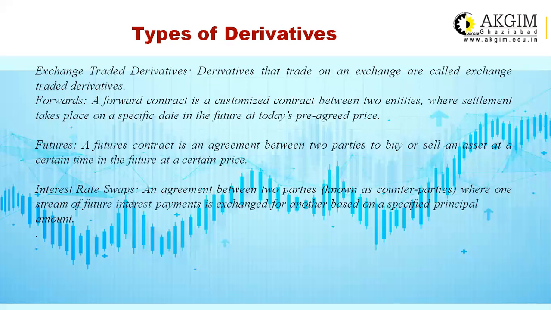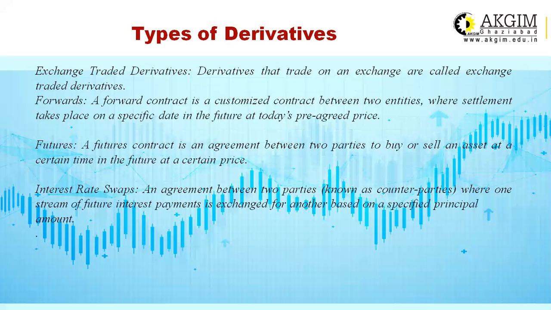A futures contract is an agreement between two parties to buy or sell a specified quantity of an asset at a specified price and at a specified time and place. Futures contracts are normally traded on the exchange, which sets certain standardized norms for trading. The participants in the futures market follow the norms set by the respective exchange and are required to post margin, which is essentially collateral against the default of the participants.